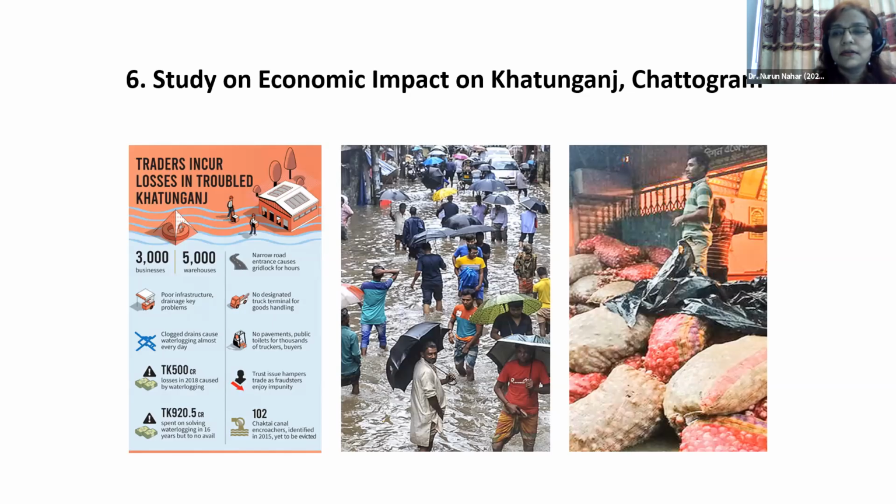You can see the onions here. During the monsoon, and when the high tides come, this area is always flooded, and it causes havoc to the businessmen there. Lots of properties are damaged, including all the marketing products that they gather there. So the businessmen face huge losses every year.